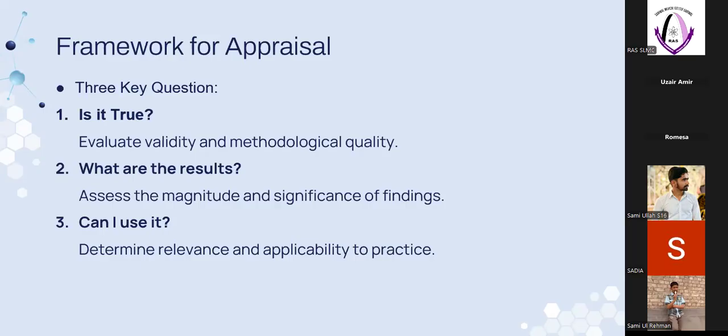Why? Because the population size is way too small, and this is just the case group. We also need a control group to understand whether coffee actually reduces depression or not. So it is unreliable research. Therefore, whenever we are studying a research paper, we need to ask ourselves the first question: what is the research article actually saying? Is it true? What are the results? Are they actually findings or just interpretations? For that, we look at the percentages, p-values, and mean differences.